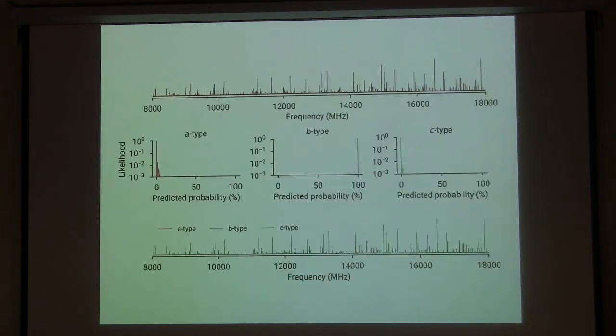So we actually developed a classifier as well. This is, again, really the work of Calvin Lee, in which we took a spectrum and developed a neural network, and it was able to distinguish A-type, B-type, and C-type transitions. So this is now getting probability. We're not getting just one estimate for one solution. We're getting probability. It's hard to see this here. So the probability, in this case, of a B-type transition is 100%, 0, and 0. And we can also deconvolute this fairly well. So it's actually fairly